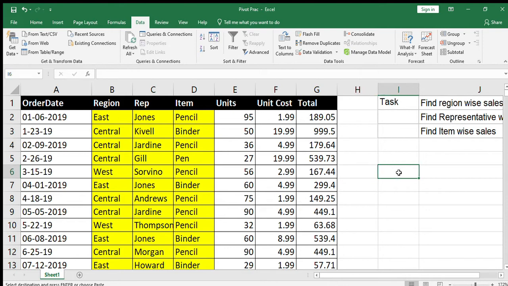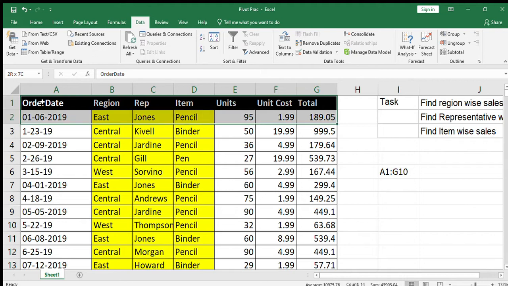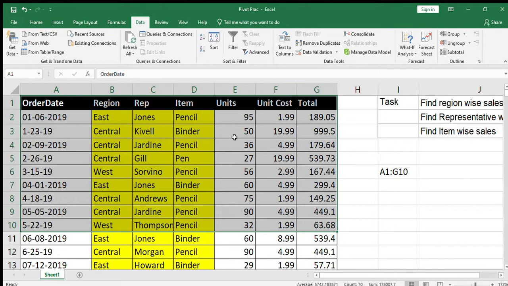Now for example, if I write A1 to G10, this means I have my data from A1 to G1, then A2 to G2, A3 to G3 till 10. So I have my table covered till G10. If I have to write a table, it's an array format.